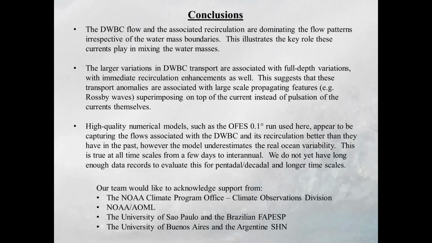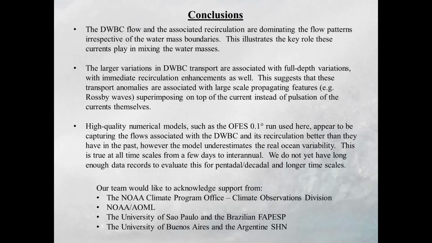So to conclude, basically what we're finding now is that in comparison with the property sections, we find that the deep western boundary current flow structure is actually dominating what's going on here. The water mass boundaries are not dictating the direction of flow in this area, which is not terribly surprising. I think that's similar to what we find in most places when we look in the boundary currents. The layers in the western boundary currents do not always follow the water mass boundaries. We find that the biggest variations that we see in the deep western boundary current seem to be